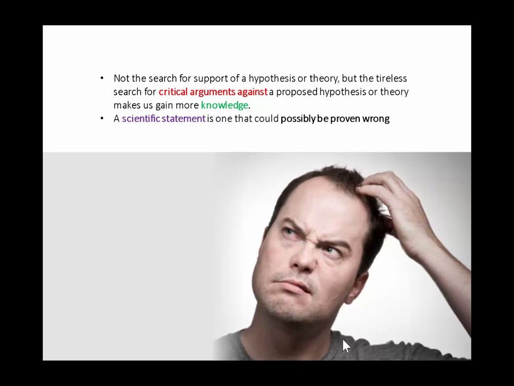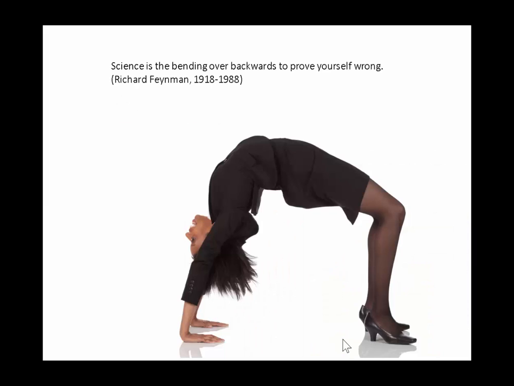It doesn't mean we verified it. We can never verify these things. But it's sort of our best attempt at finding something that we haven't disproven yet. So that's a different kind of thinking, you know, when you come to the university, you think, okay, this is what we know, this is what we don't know, but actually, I'm telling you most of the stuff we don't know, we just haven't disproven it yet. So when you look at what science is, a scientific approach is bending over backwards to prove yourself wrong. It's Richard Feynman, a famous physicist who looked at these kinds of things.